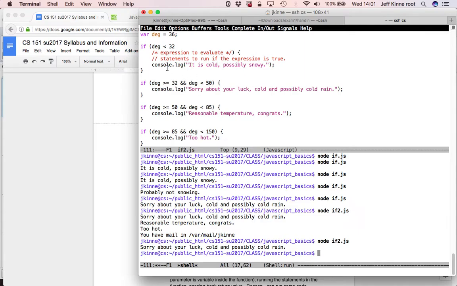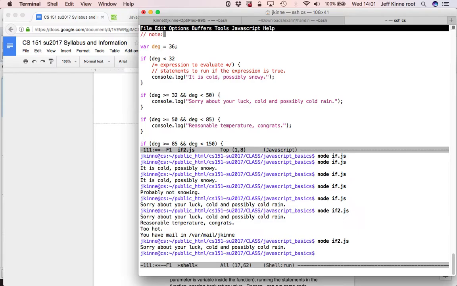Now by logic, I've set up the conditions so that only one of them can be true. A question is, note this does the same as if.js, which is more efficient? Which involved less typing. So efficient is how long it takes the computer. The computer doesn't really care about how much typing I do. But if we look at